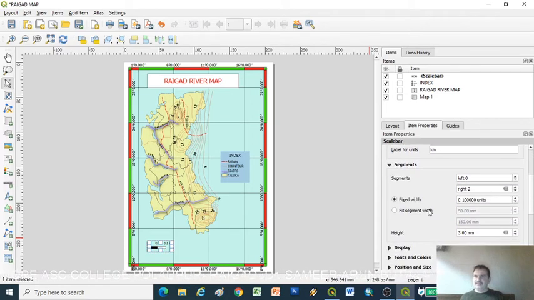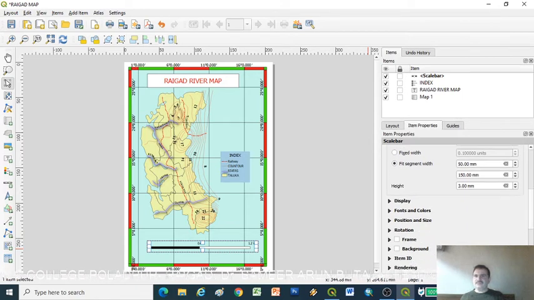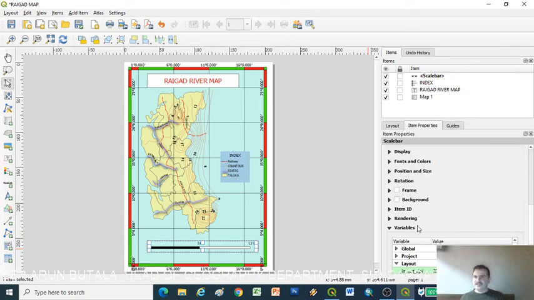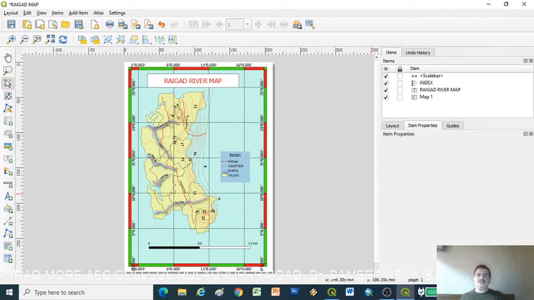Then these are the segments. Left side, right side segments, and the segments will fit automatically. Suppose we want to display this segment, we can change this display setting, we can change the background color, we can change the frame color. In this way my map properties will be created.